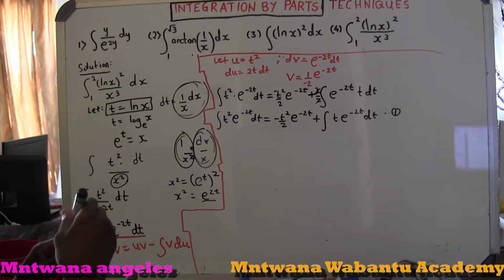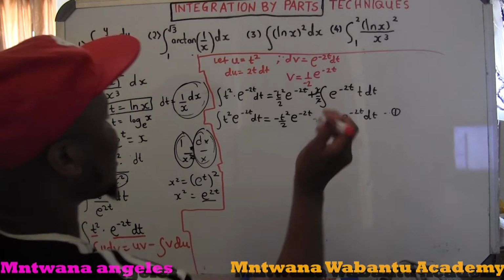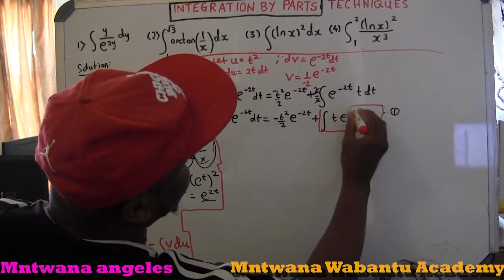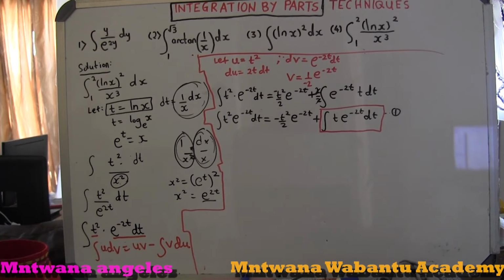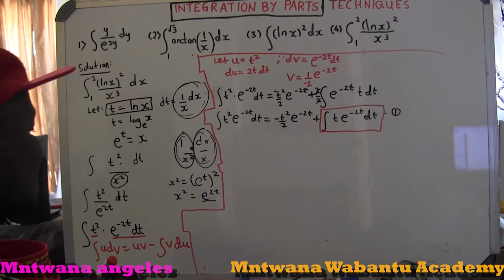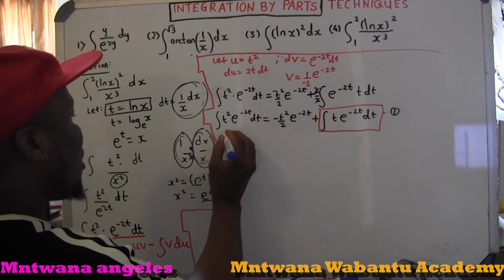So you see, we got a problem here. What's the problem? This. This is another by parts. So we're going to have to solve that one by parts, and then come back and finish the equation. So now let's do it separately. We say, okay, let